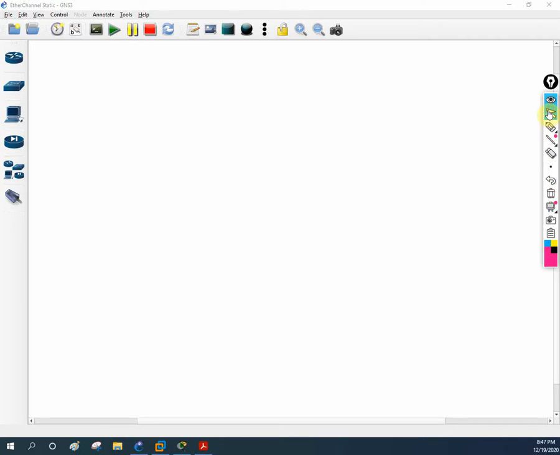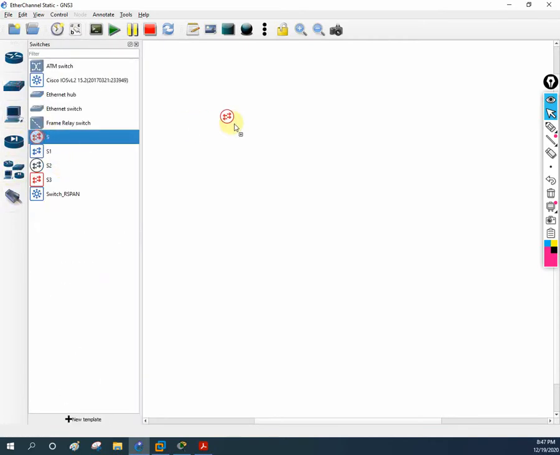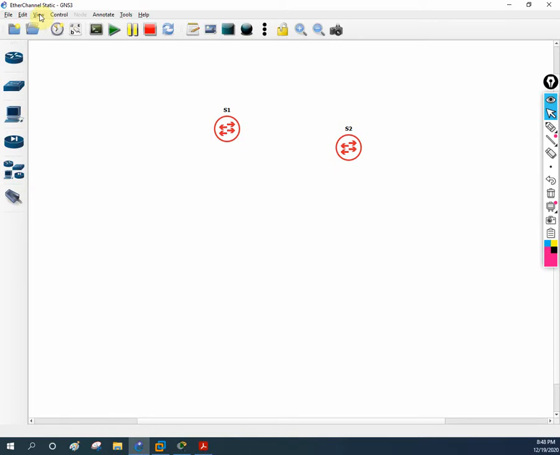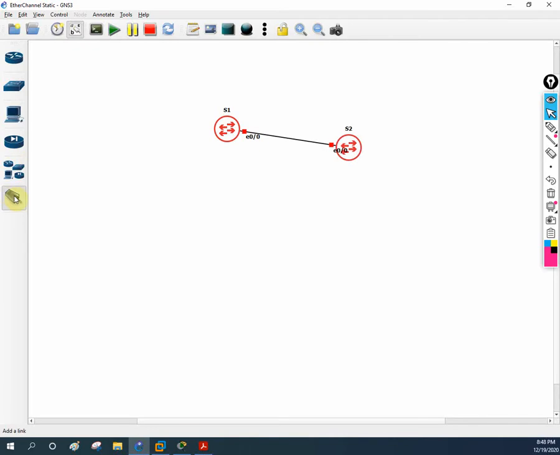In this one, I will create a small scenario to do the lab. Let me take two switches, switch 1 and switch 2, and connect them with cables. I will take a cable from E0/0 to E0/0 on the other side, and we will have four links. Let me arrange it properly so we can do the lab.